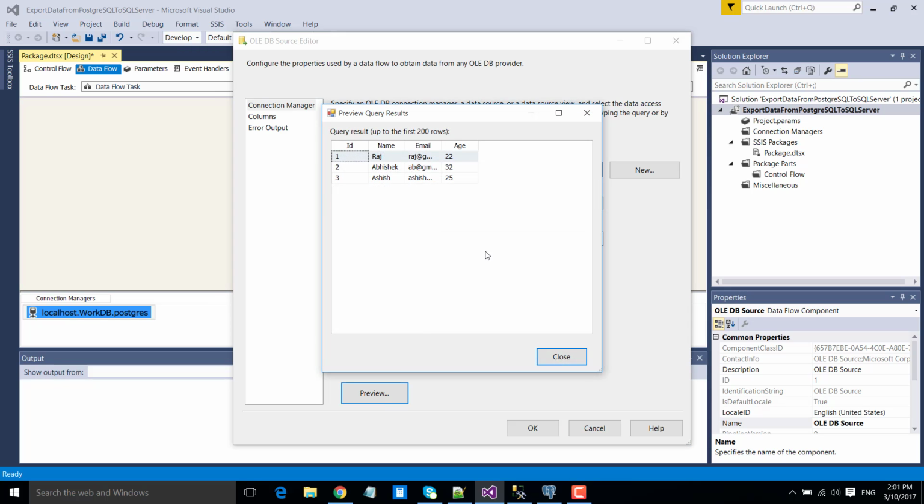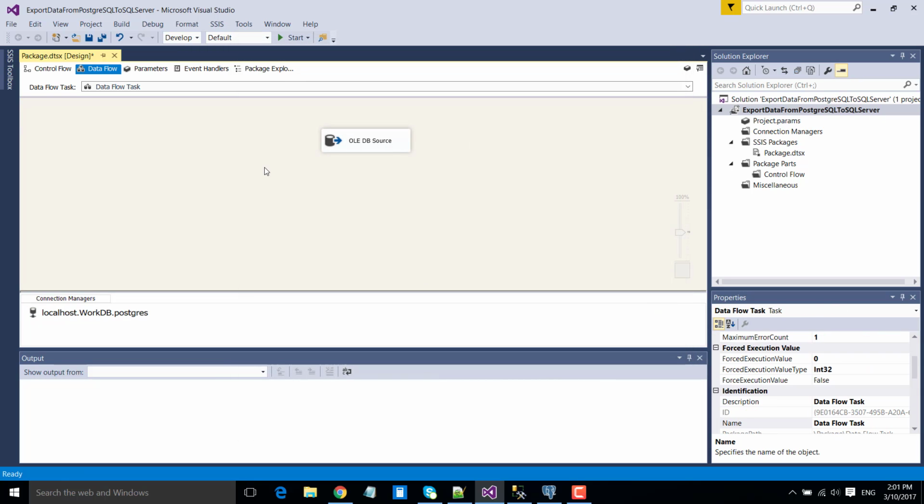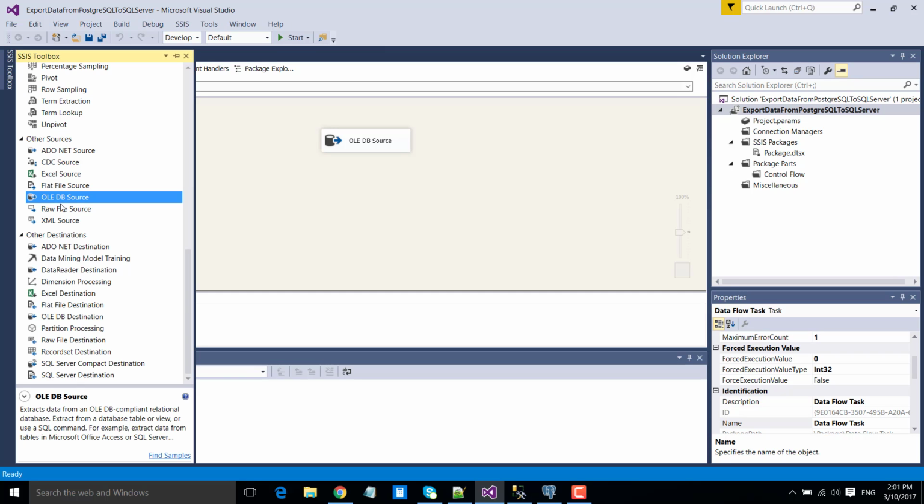You can also view data here. There were 3 records in the table. Click close, navigate to columns. There are 4 columns here. Click OK. Now we have successfully configured our OLEDB source to read data from the PostgreSQL server, and now